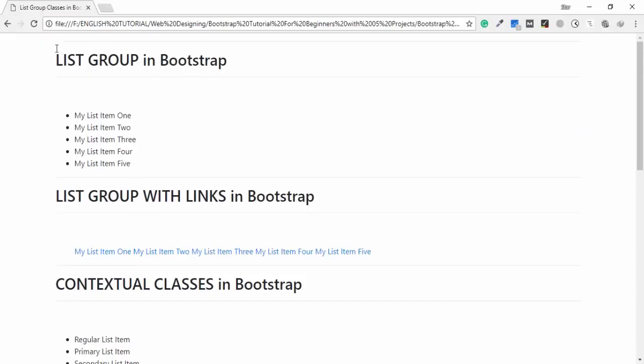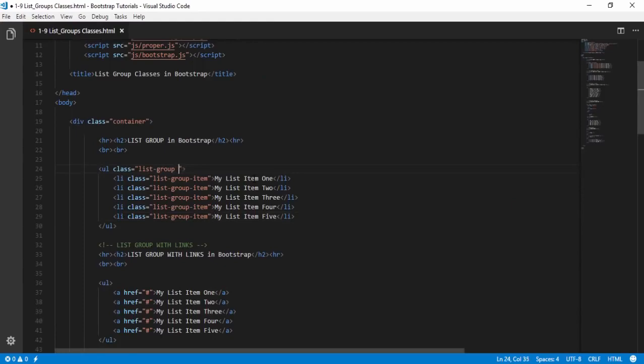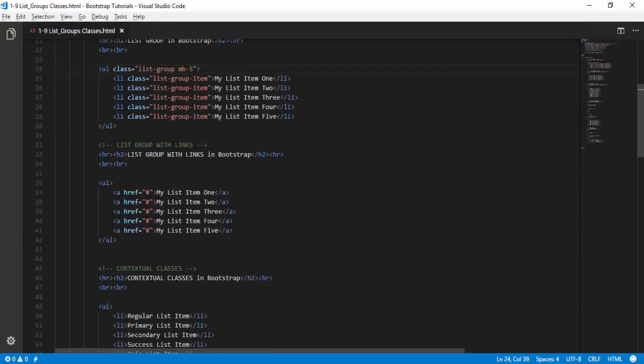Save the page, open the browser, refresh the page. Okay guys, but I want to use the margin bottom class to make a space between this UL and another text like this. Now another thing, above I have used the li tag and also the list group item classes, but